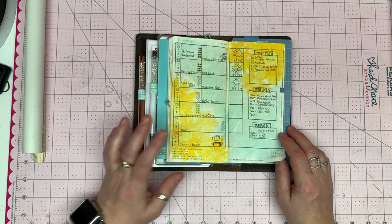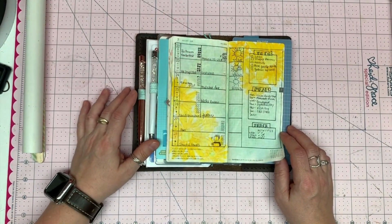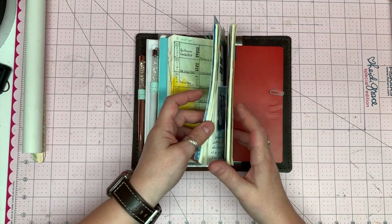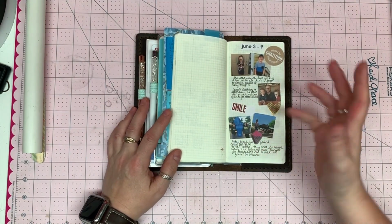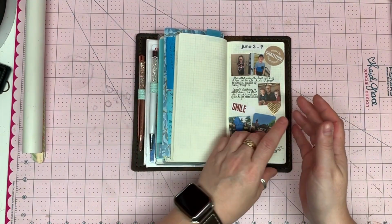So this side is going to change a little bit as I figure out what I'm going to do with this section. But that's it. That's what... oh, and then in the back, I have memory pages. So when I get next year, I'm going to do the mega, and I want to do, like,